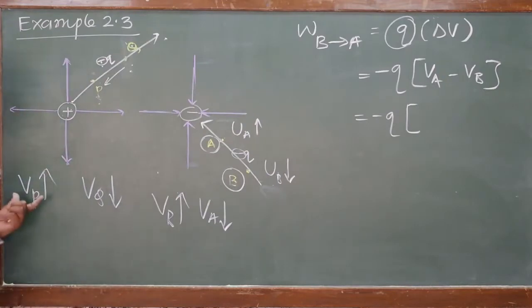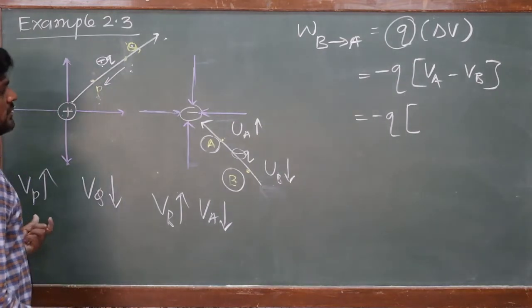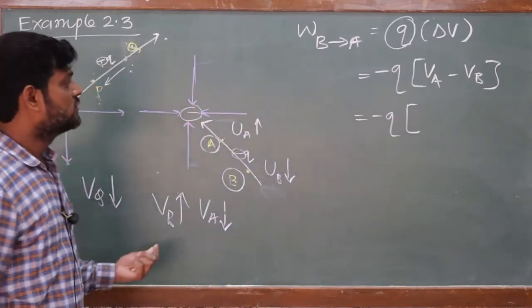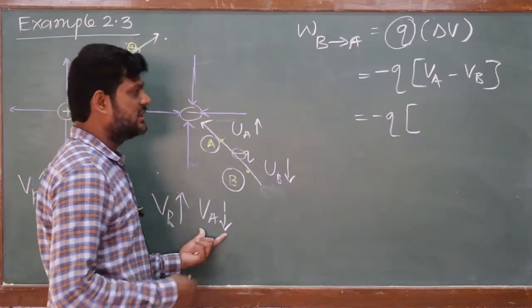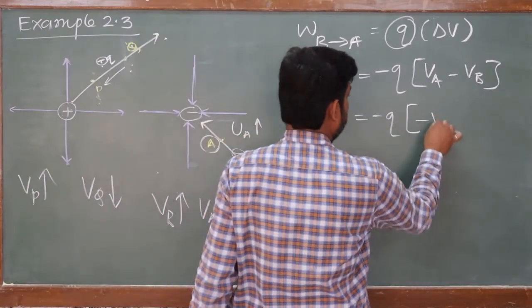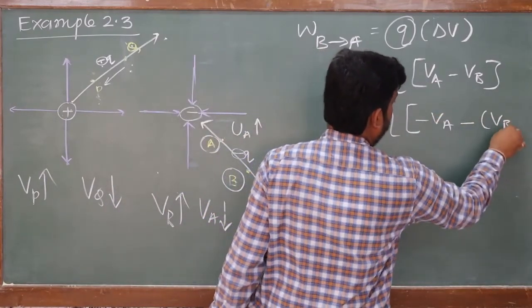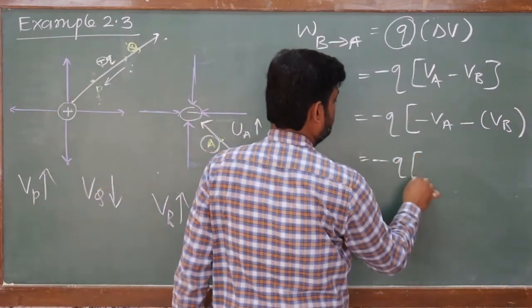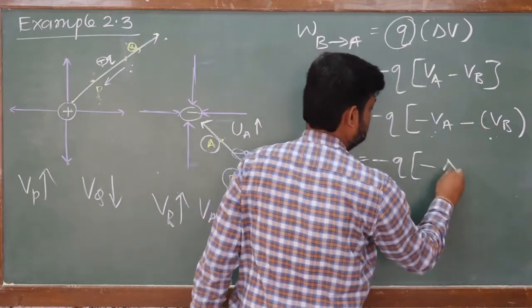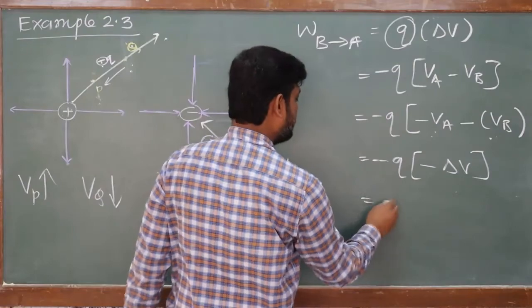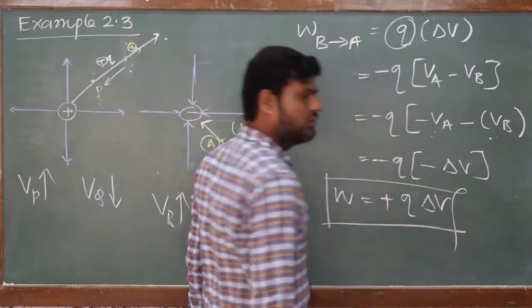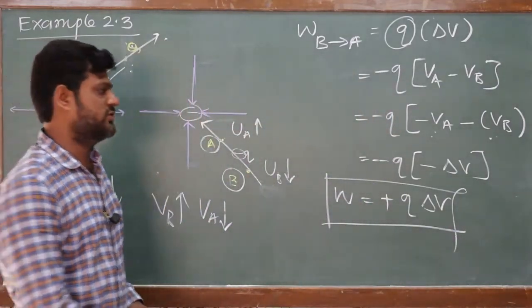What we have studied, the potential of A point and potential of B point. See here for A and B, right? So potential of B is more, potential of A is less. So potential of A is less, we will write minus VB, correct? It is more. So we can write minus of Q. So the difference will be again minus. So this difference is minus. This minus with minus gets plus. So plus work done we will get. So work done will be positive. This is the third question, right?